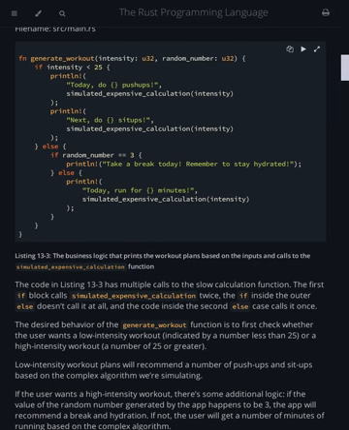} else { if random_number == 3 { println!("Take a break today! Remember to stay hydrated!"); } else { println!("Today, run for {} minutes!", simulated_expensive_calculation(intensity)); } } }